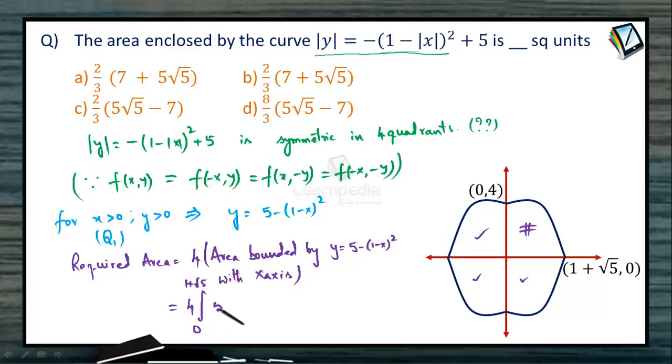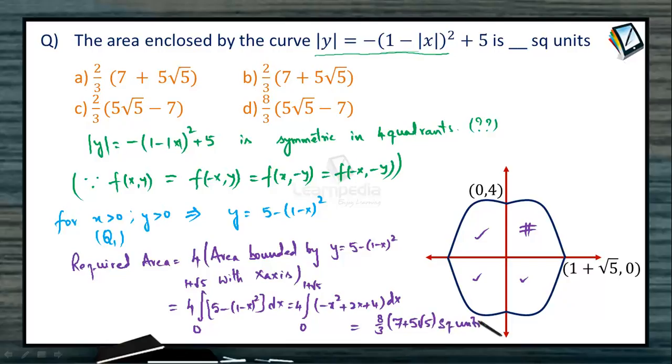Which function is to be integrated? 5 - (1 - x)², right? Now this is 4 times the integral of the function 5 - (1 - x)² dx. Now the function can be expressed as a polynomial: integral from 0 to 1 + √5 of (-x² + 2x + 4) dx, right? Now this integral can be calculated comfortably, which comes to 8/3 times (7 + 5√5) square